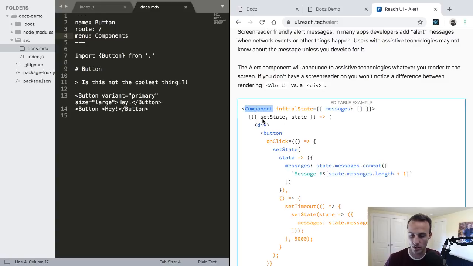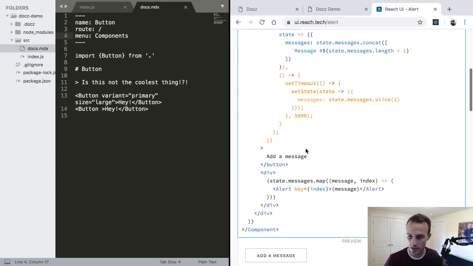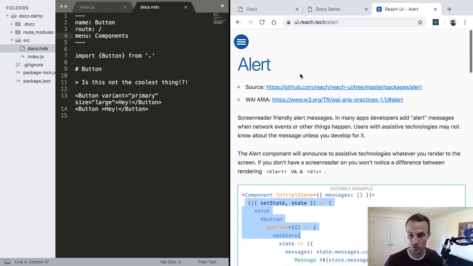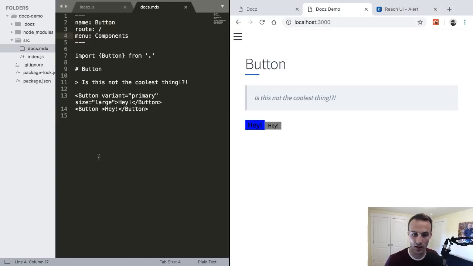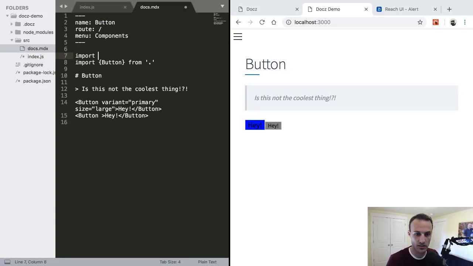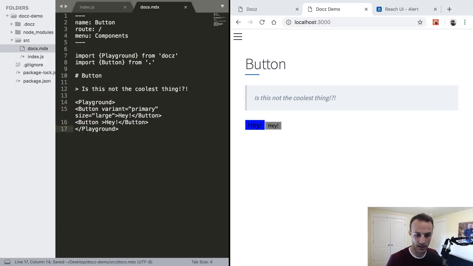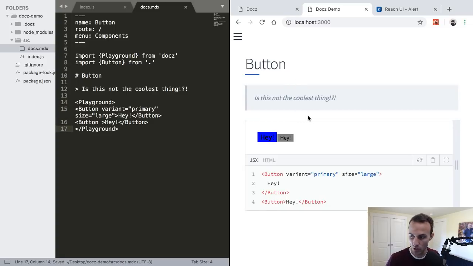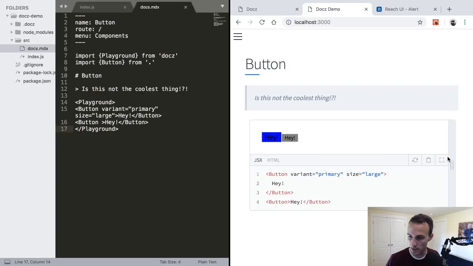Yeah, this is cool. So you can have state, and I can make changes to this. It's fantastic. It's just really cool what MDX can allow you to do. So let's do one other cool thing from Docz. Docz has this playground component that you can use. And so we'll wrap all that in there and we save that and poof, get this really fancy playground thing